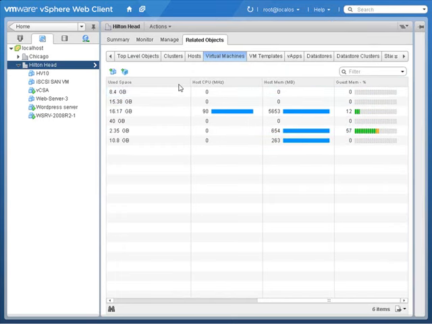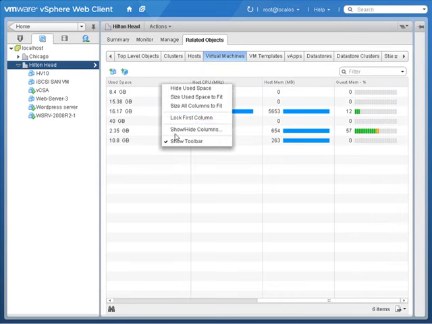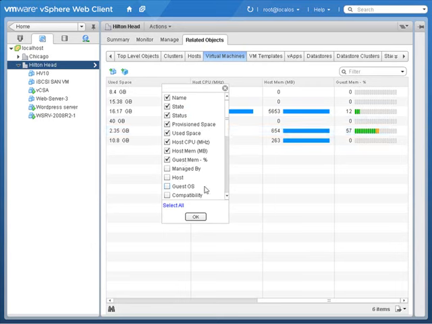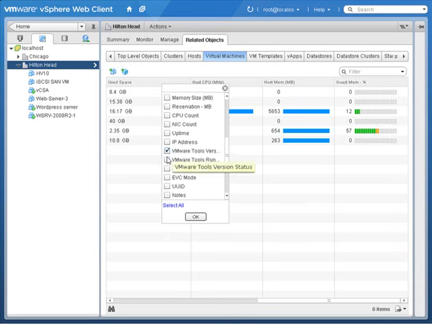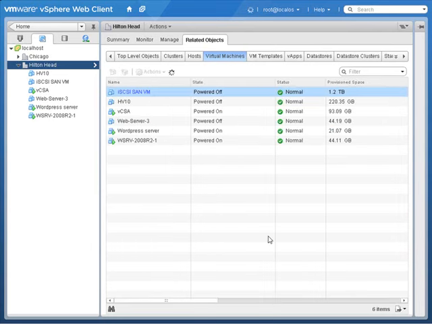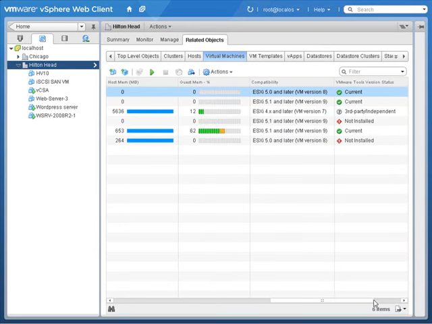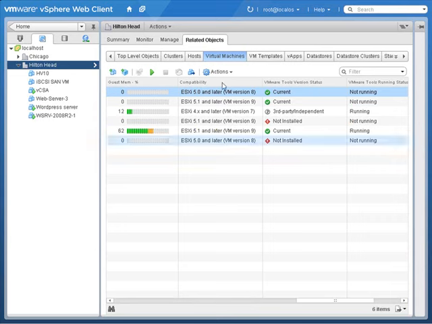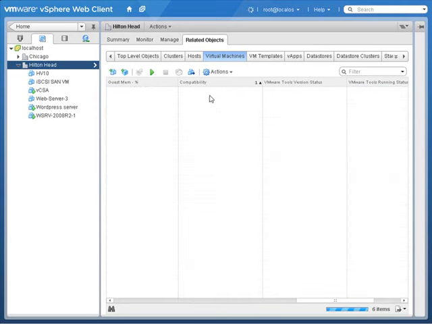And since the VMware Tools status isn't listed here, it's not one of the columns, I'm just going to right-click. I'm going to click Show Hide Columns. And I want to get information about compatibility. So we can check the compatibility of these virtual machines, and then also VMware Tools version and VMware Tools running status. I'll say OK there. And then we've added a couple new columns. I'll scroll to the right over here to see the new columns. And I can see here, I can sort by compatibility